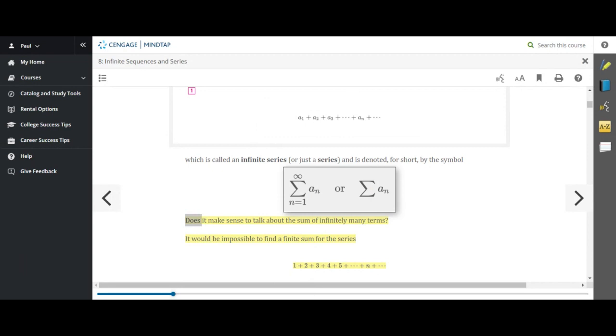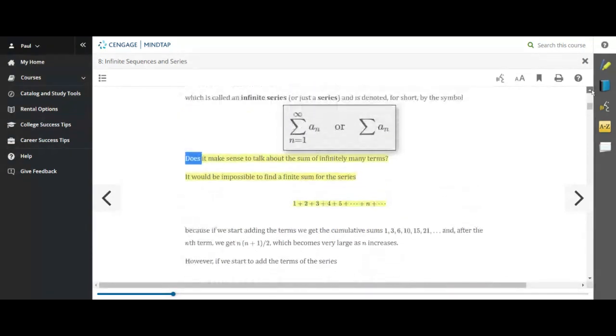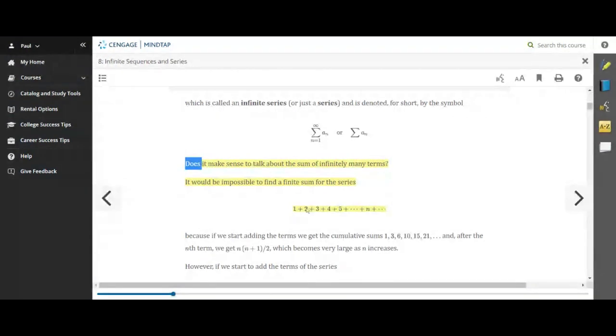And they ask, does it make sense to talk about the sum of infinitely many terms? Well, let's say you wanted to add the series 1 plus 2 plus 3 plus 4 plus 5. In other words, you're adding the terms, you have a series. The sequence is 1, 2, 3, 4, 5, 6, 7, 8, 9, and so forth. If you wanted to add the terms of that series,